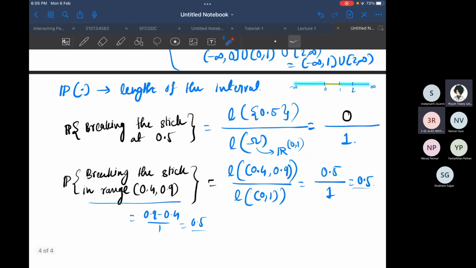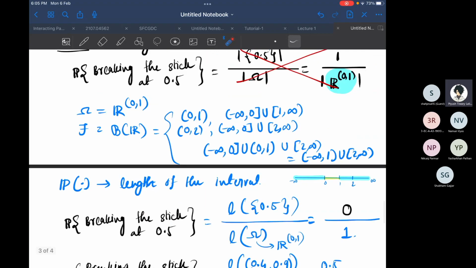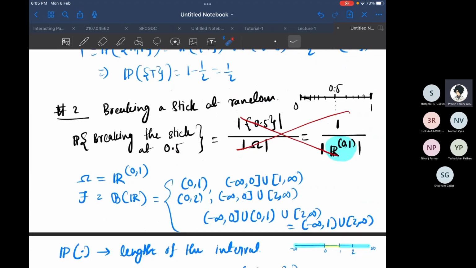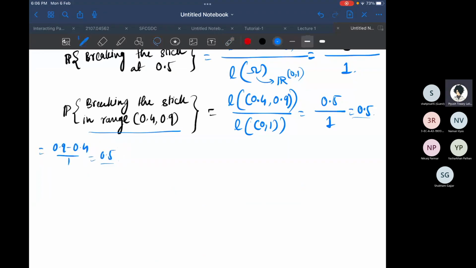For example, here we had 0.5. We made a set, and the cardinality of that set was 1. The problem that we were facing was that I was not able to calculate the cardinality of my omega, because it was not countable. I was not able to use our older definition and calculate the probability, which would have been the cardinality of 0.4 to 0.9